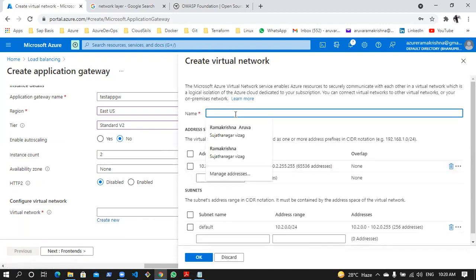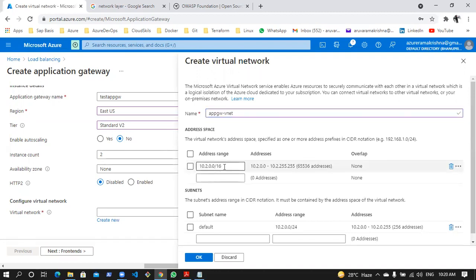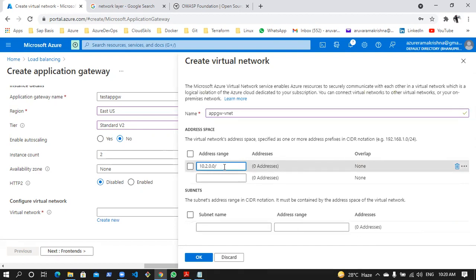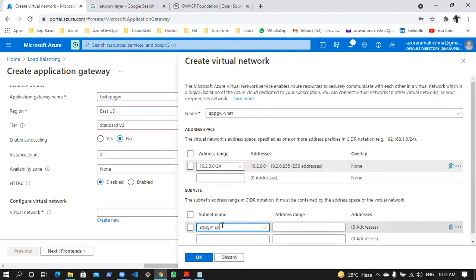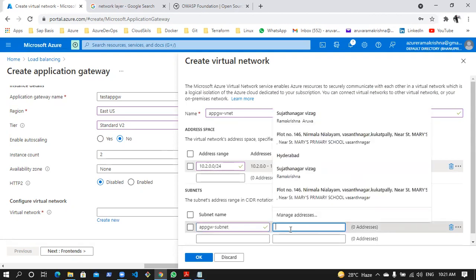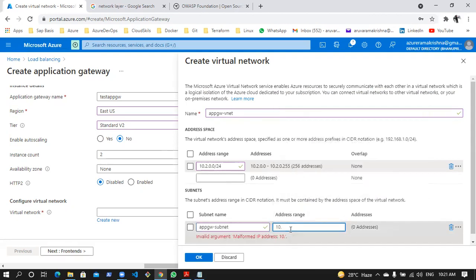So here you could see, I'll say application gateway VNet, I'll name it. Okay, and here it has taken a default IP. Let's say I don't want a /16. Let me go with the /24. So here, okay, let me create one subnet. I'll just name it as application gateway subnet, and it should have an IP that is